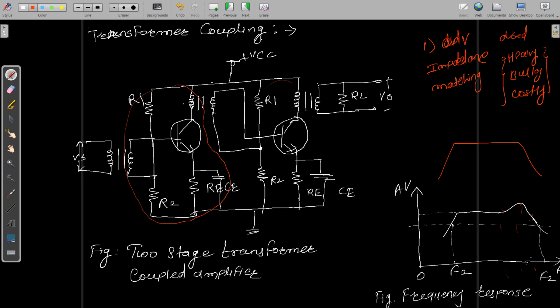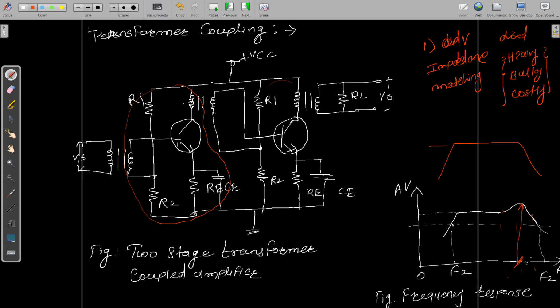And because of the interwinding capacitance of the transformer, it may give rise to resonance at a certain frequency. That means at the resonance frequency the gain is maximum, which can give a very high gain. You can see here once the gain is constant it remains so, but here for some values the gain was constant, and for a certain frequency, which we call the resonant frequency, you got the gain quite maximum. So if you compare the gain obtained, you can say that transformer coupling has a better voltage gain compared to your RC coupled amplifier.